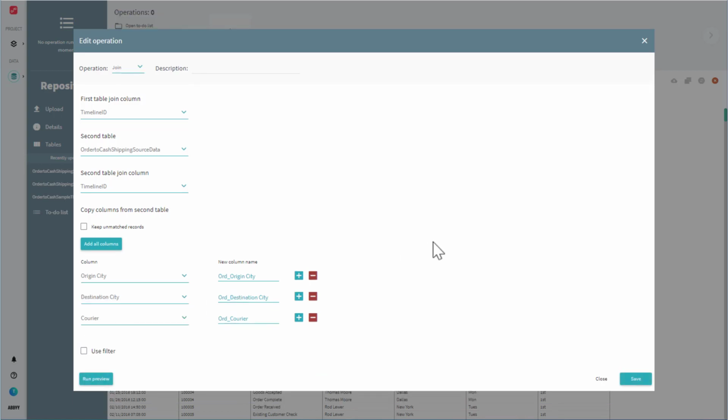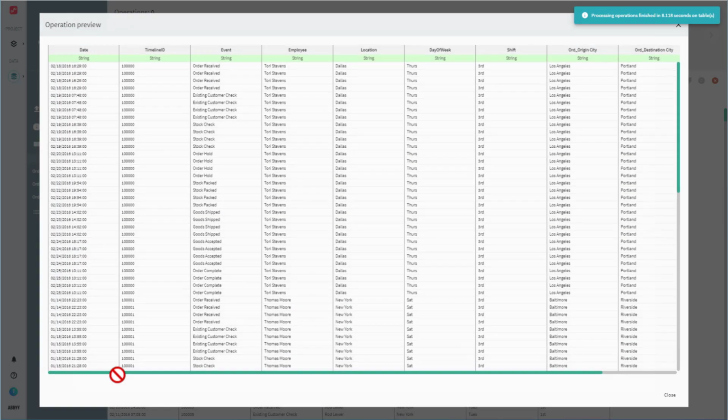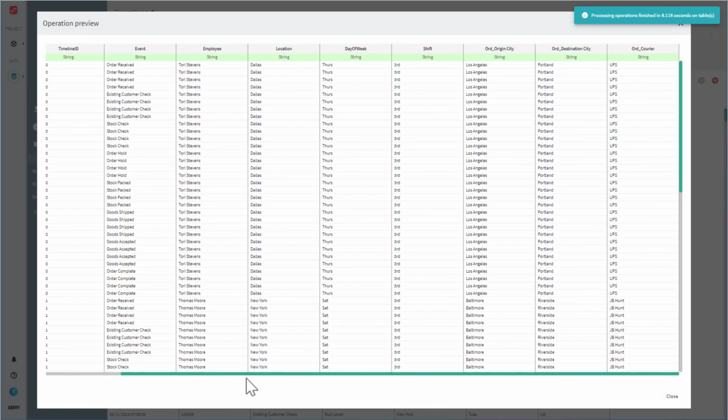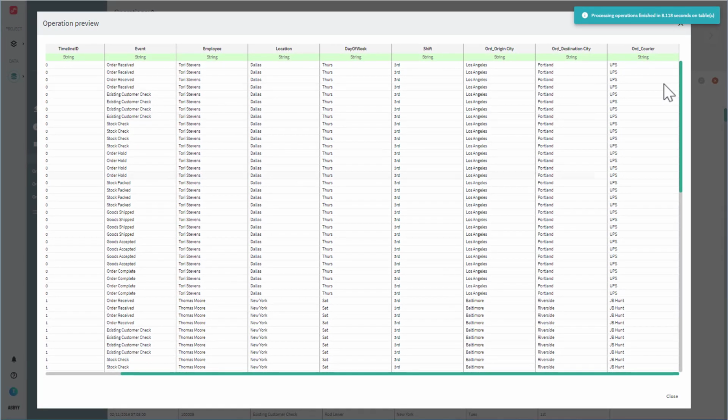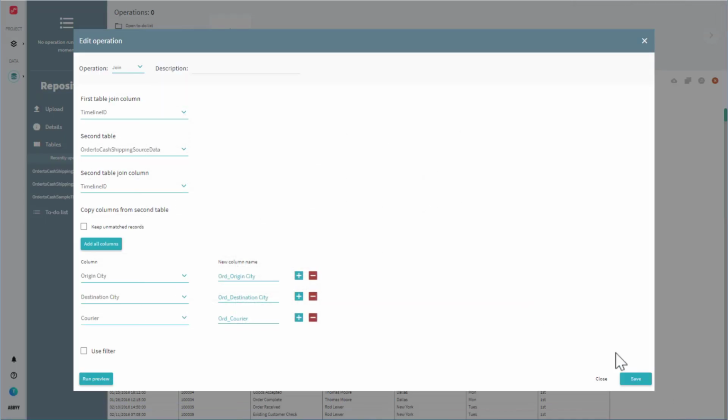What I can do now is run a preview. So I'll quickly run a preview just to see what our output looks like and see if we get some logical results. This actually won't transact on the database. But what we can see here is I'm actually getting data returned in the 3 fields I'm pulling from my secondary table. So all is well and good. Looks like I have a logical join, and we can go ahead and maybe name this joining to shipping operation